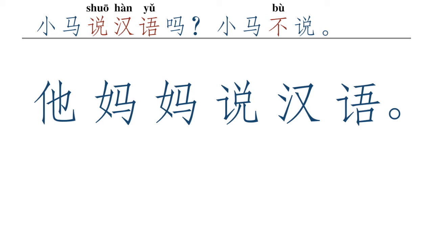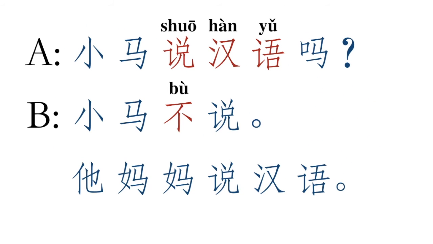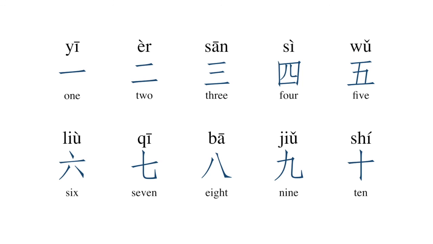Okay, with me. 他妈妈说汉语。他妈妈说汉语。Now, let's read all the sentences we have today. 小马说汉语吗？小马不说。他妈妈说汉语。